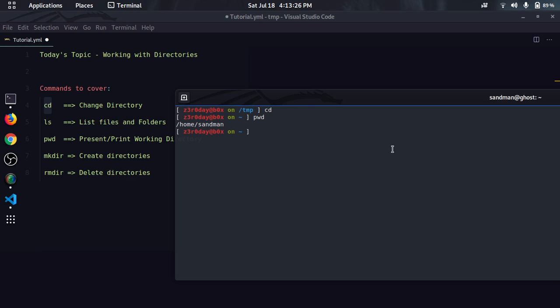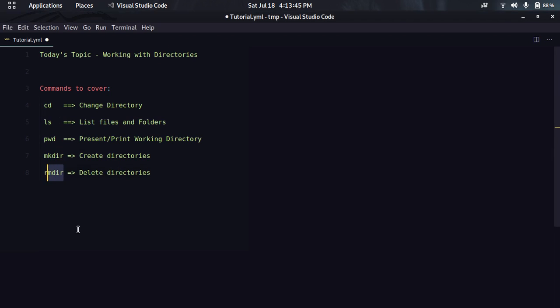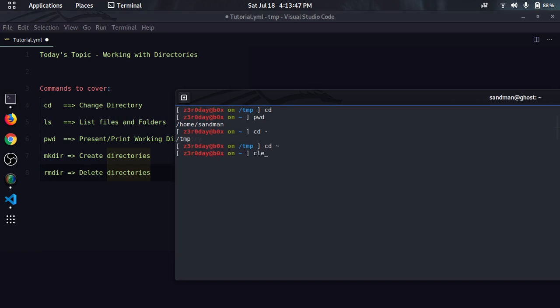To get back to our previous directory from where we came, we can use cd -. Now you can see I'm back in temp. There is another shortcut to go back to home directory, which is cd tilde, and that's it. We are back in home. Moving forward, we have mkdir and rmdir. To create the directories, we can type, let me get back to temp,